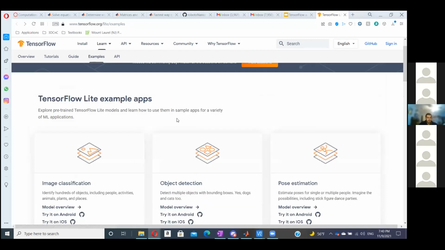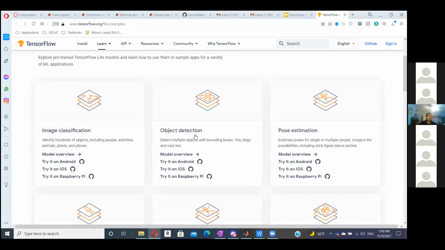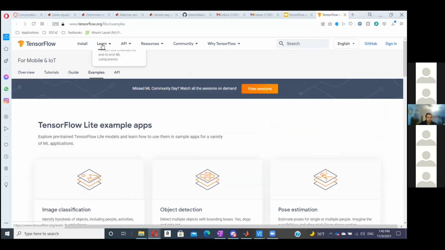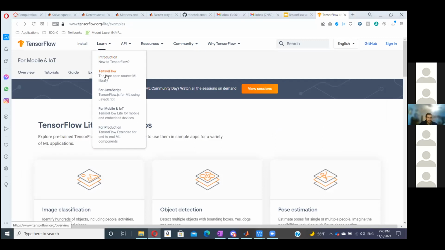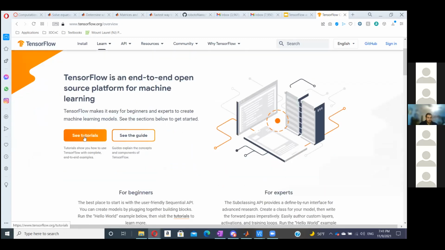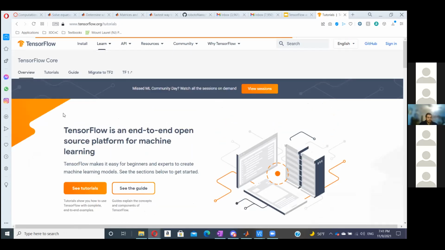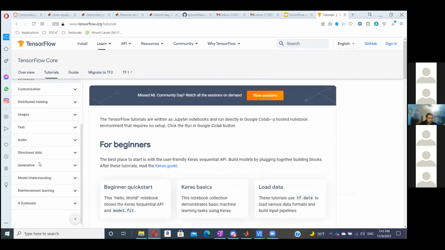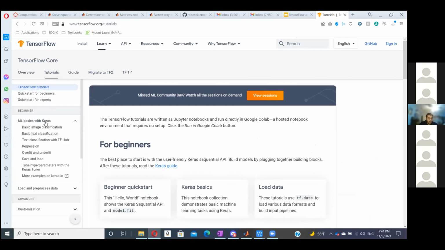So, like I said, you can't do this on the Raspberry Pi, but I believe if you go into TensorFlow, just a quick overview, you see tutorials. I was reading about this because I was trying to implement it on here, but where is it? ML Basic. Maybe it's this one.